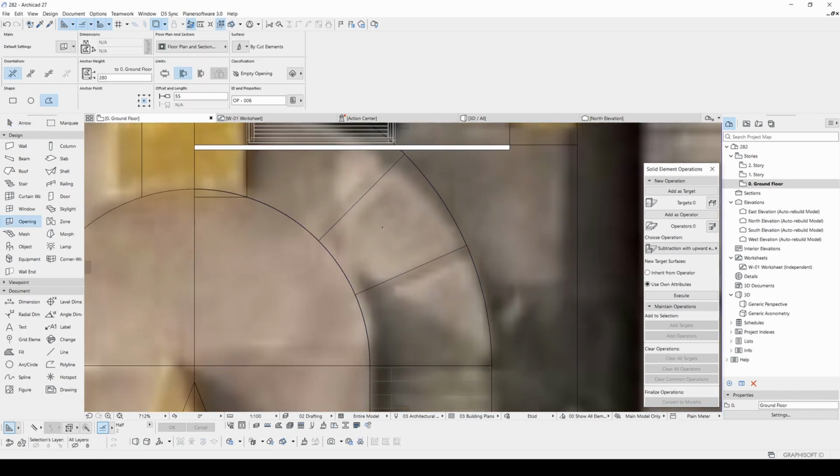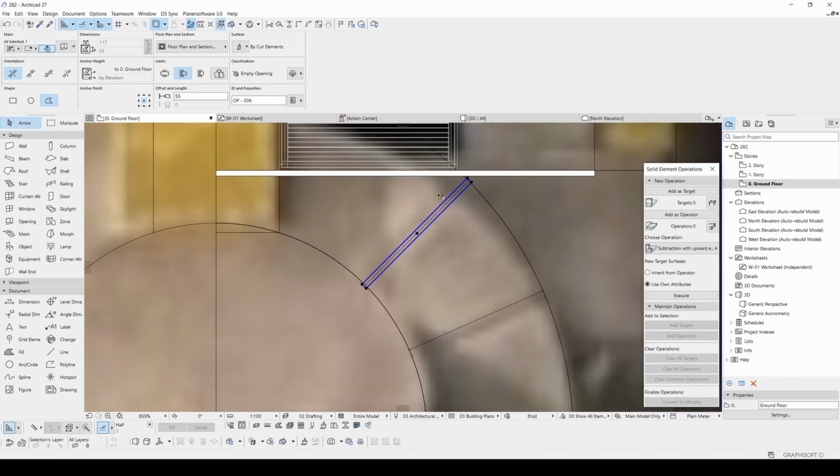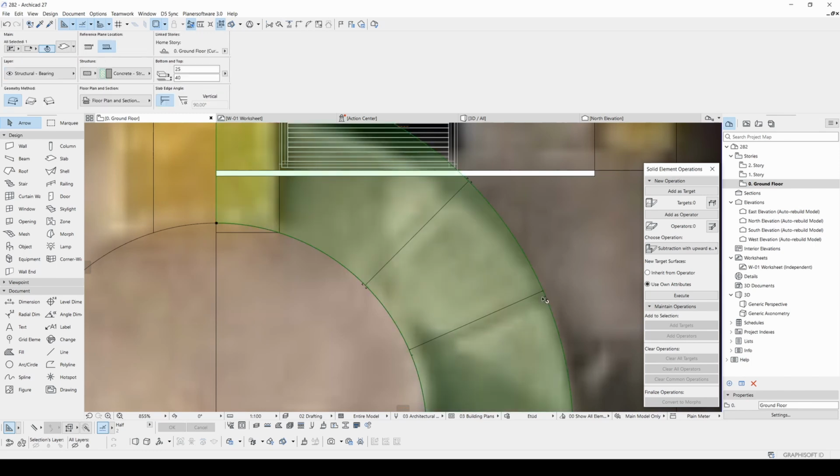Now let's create our logs for this curve. I want to start from this point, but this highlighted slab is not the thing I want. Therefore, I'm going to hit the tab, and as you can see, it switches to the second slab, and after that, I can use this opening. Let's duplicate this to here and rotate. It's better to extend a little.